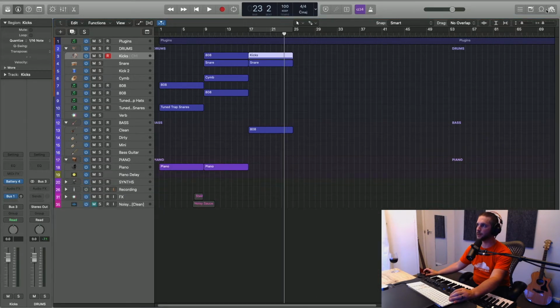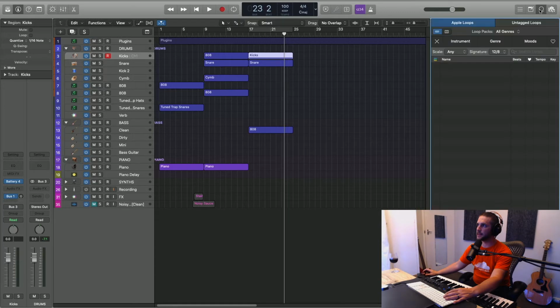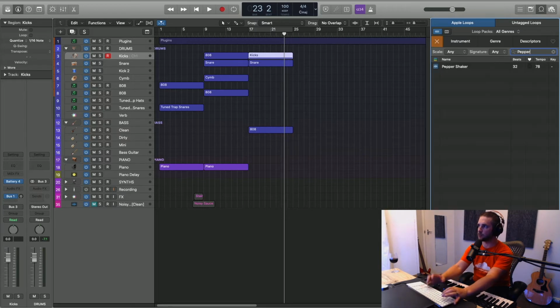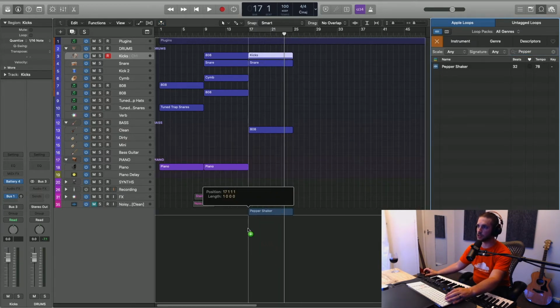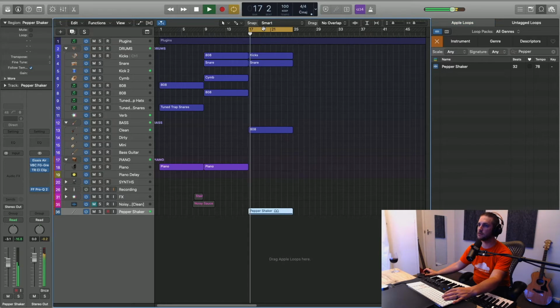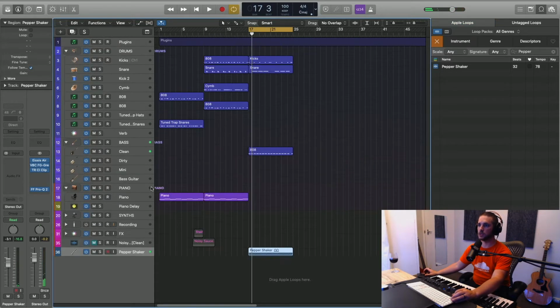Gonna run a little bit of percussion in the background just to give that the appearance of hi-hatness without it being hi-hat. What I'm gonna run is my pepper shaker. I actually made this with a pepper shaker, and it has worked for me a lot. So I'm just gonna test it on this one, see what happens. It is too fast is what's happening here. So what I'm gonna do is run